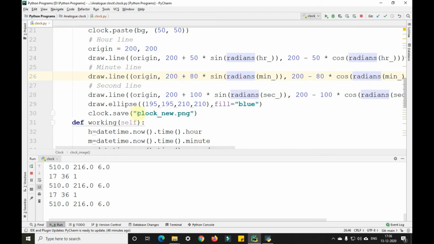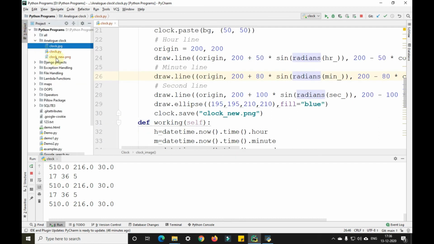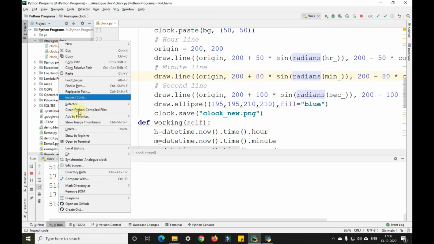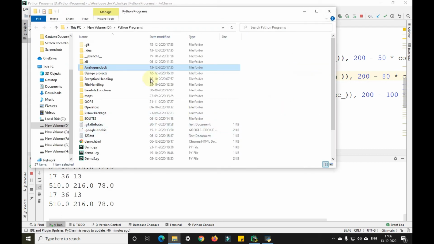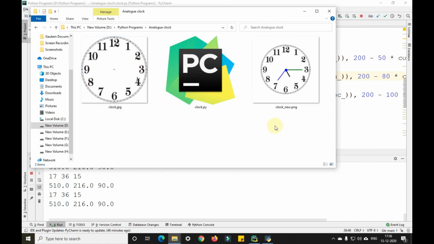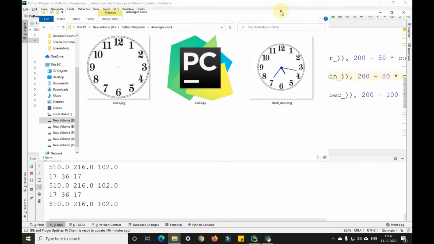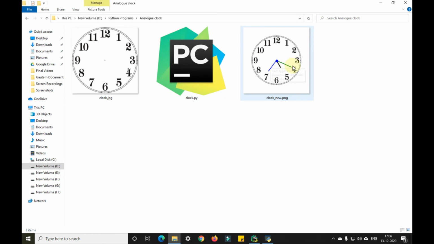Then we have saved it to this clock underscore new dot png. As you can see, there is one clock underscore new dot png. Let me show this in Explorer. In this clock underscore new dot png, you can see this particular image is being refreshed every second.